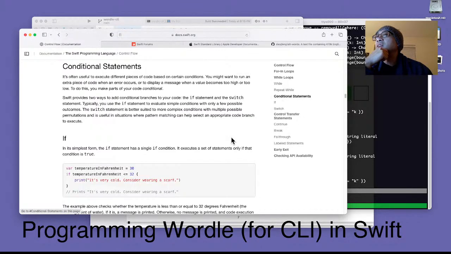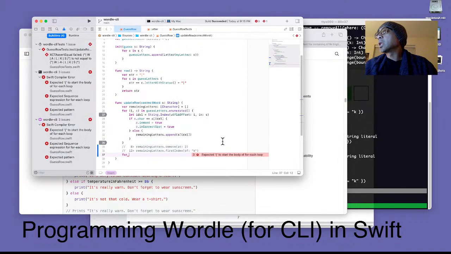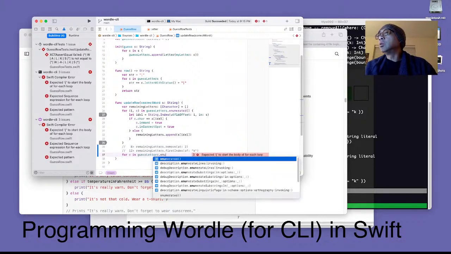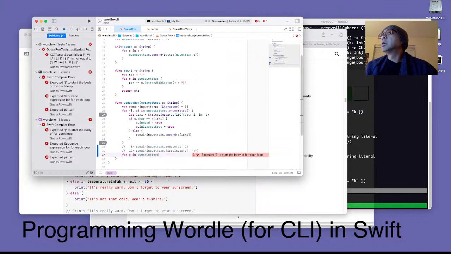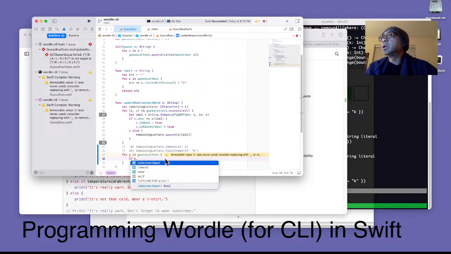Conditional. Let's see. No. Okay, well, we'll just use a basic loop. I thought there was a cool syntax that I'm missing, but let's code that up. For C in guess letters, nope, not enumerated. In guess letters, we don't need the index, remember, but what we need to do is check if C dot incorrect spot is not equal to true,